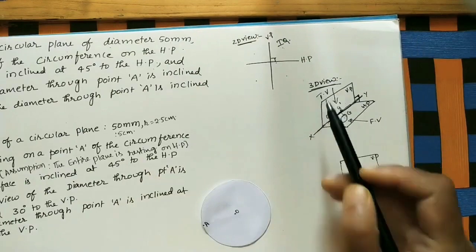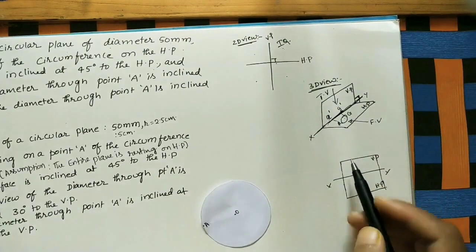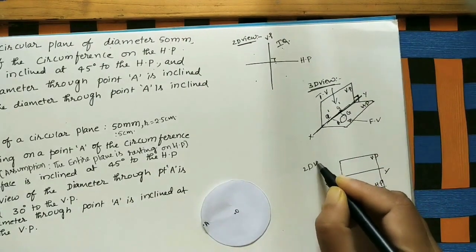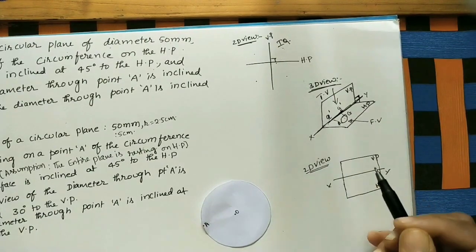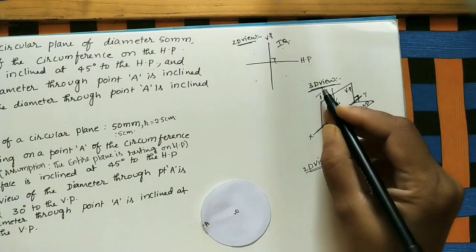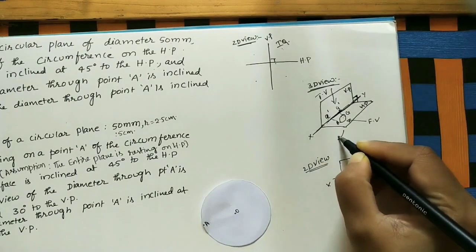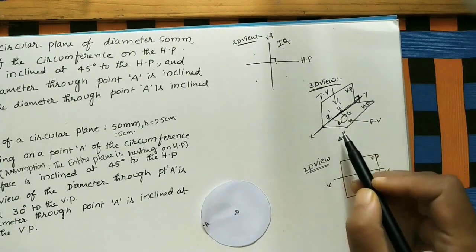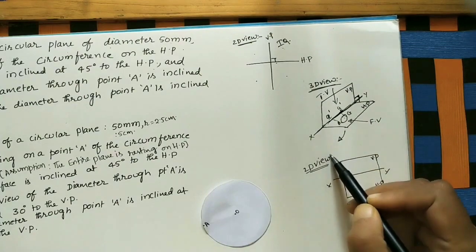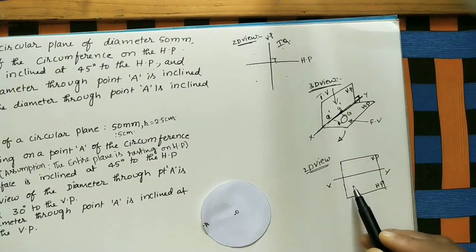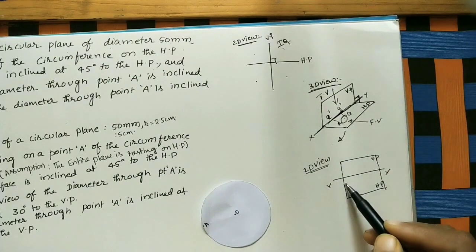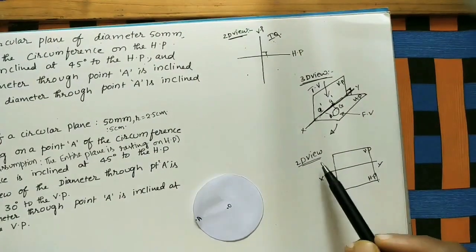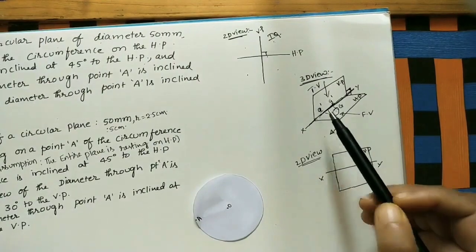Every time we can't do a 3D view. We have to convert this into a 2D view. The 2D view is easy to do in less time compared to the 3D view. So for getting the 2D view, we are tilting this horizontal plane in the downward direction so that this horizontal plane is coming below the vertical plane. It looks like this. First, initially the vertical plane is coming. Now again we are tilting in the downward direction. This is the horizontal plane.